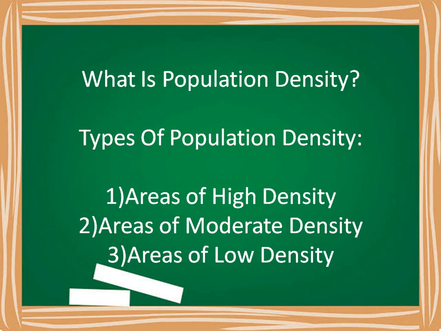Mongolia, a desert country in Asia, records the lowest population density of 2 people per square kilometer. Iceland, Suriname, Botswana, Namibia, and northern Canada are some of the other sparsely populated parts of the world. Australia also shows a poor density of population due to vast stretches of desert and remote and inaccessible interiors known as outbacks. So friends, we have completed types of population density.